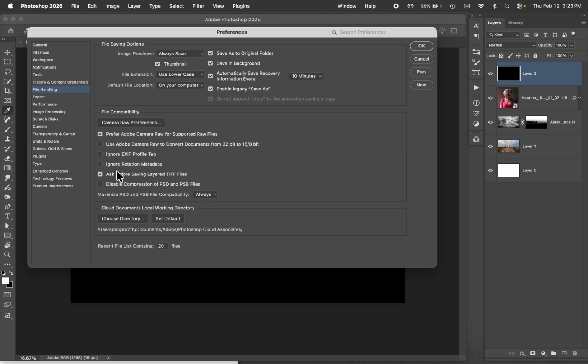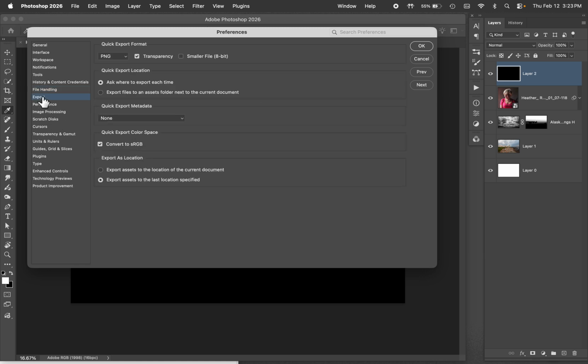I am just leaving all of this alone right now. None of this has to be changed. Export, this is already set properly, but quick export is something different than saving as. So I'm going to leave this alone, even though it's got the bad word of sRGB, and we're not dealing